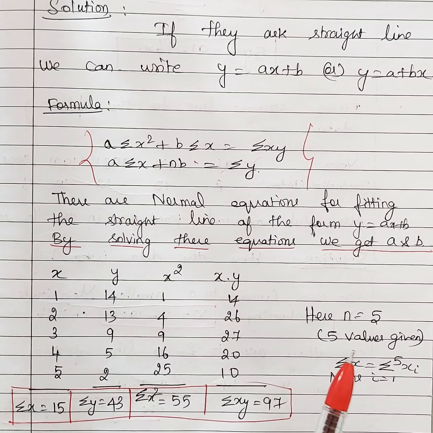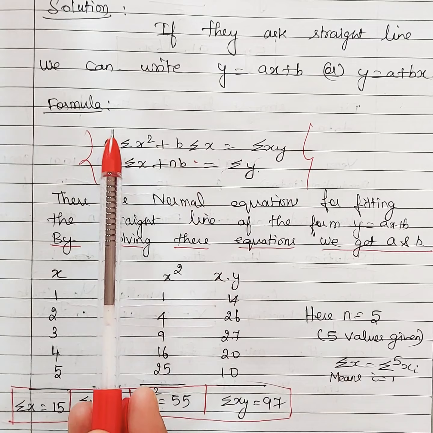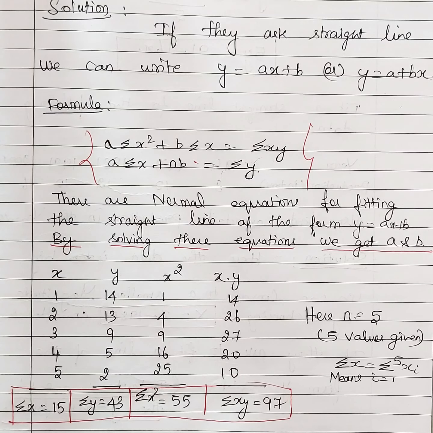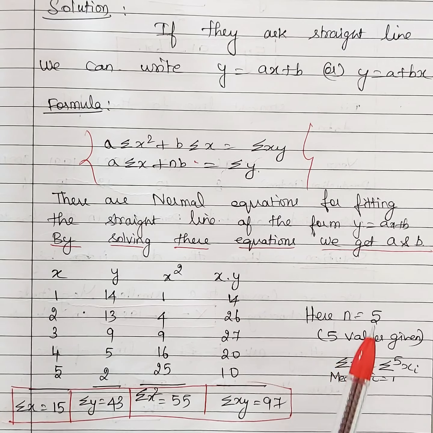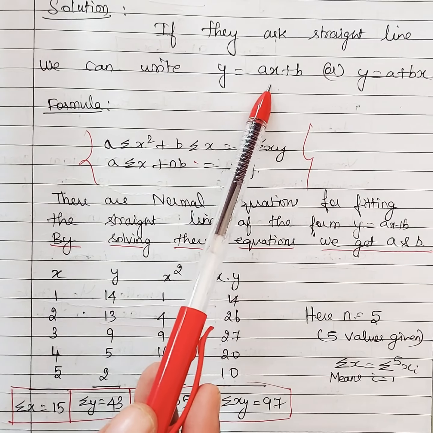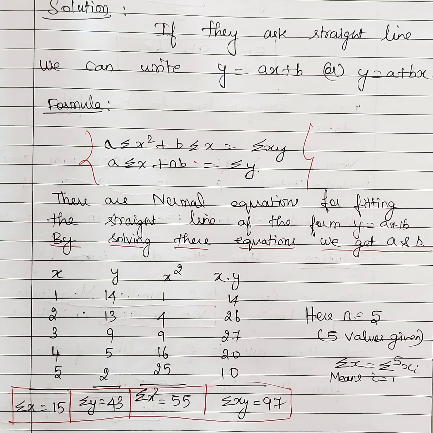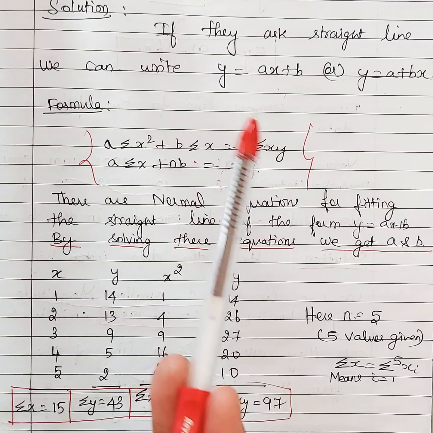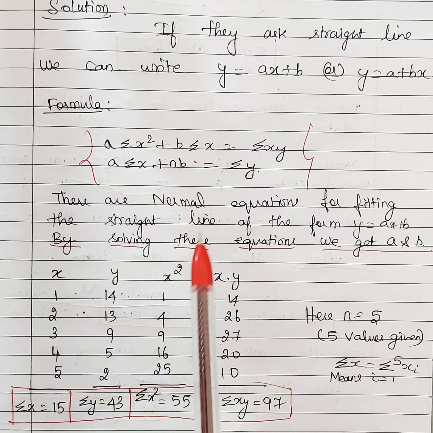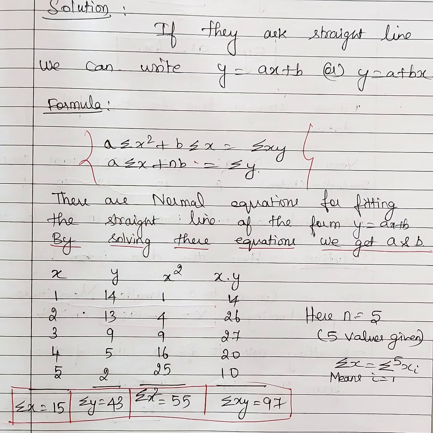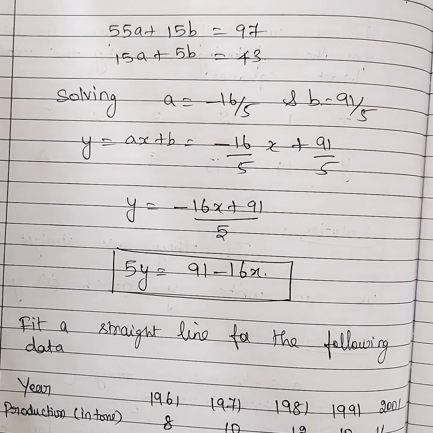What you have to do? Solve it. You can use the calculator. Solve those 2 equations to get a and b. Once you got a and b, what you are going to do? You are going to substitute here. So y is equal to ax plus b is the solution. Here you will get a particular value for a and b, and we are going to replace it there. And one more thing, you just try to plot this data in the graph and let's see how it is.